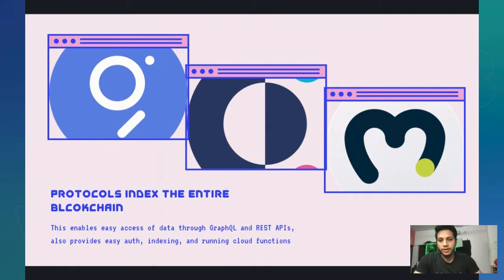I think the popular one is The Graph, which basically lets you index different contracts, and it allows you to query in GraphQL. And there's also other examples such as Covalent and Moralis. In fact, Moralis does a lot more than just indexing. It has authentication APIs which easily let you connect with a wallet, handle all of the user data, and fetch the NFTs which the user owns. And it also has cloud function triggers where you can perform a specific action in the Web2 world based on what happens in your contract. So these are obviously a lot of amazing technologies that are required to build a fully functional, efficient app. Using only blockchain layers would not be possible.